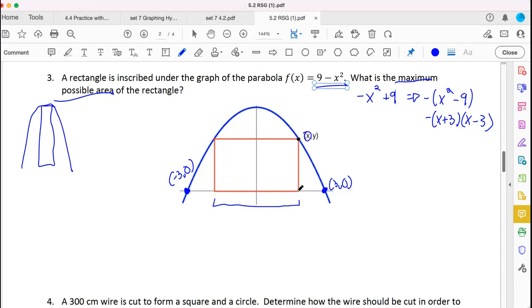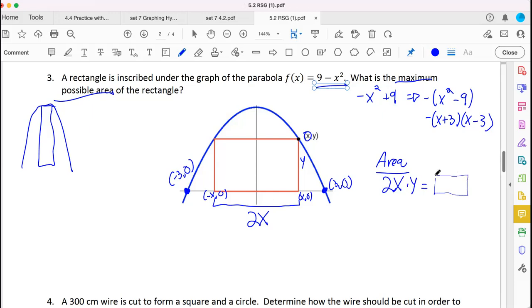Because if this is x0, this would have to be negative x0. And the sum of those two distances, if this is x, this means this is 2x. Okay, capiche? So this would have a respective height of y. And so luckily we don't have to worry about the footage of anything here. We at least can say that the area is going to be 2x times y,